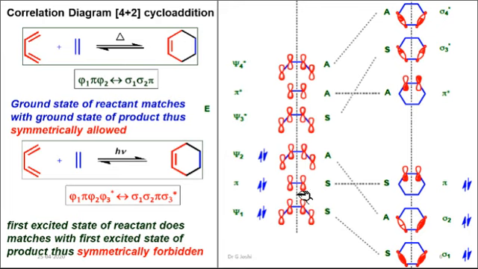Pi. This is for the ethylene system. Psi 2. This is for the butadiene system, which is a localized system. Psi 3 corresponds to the antibonding of this psi 2, and pi star corresponds to the antibonding of pi, and psi 4 corresponds to the antibonding of psi 1. Similarly, this is the sigma bond which is connecting these two systems to form a six-membered ring.